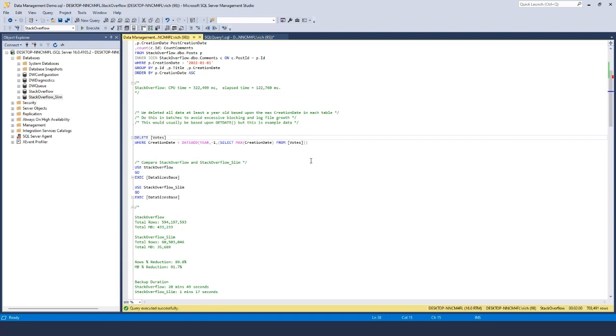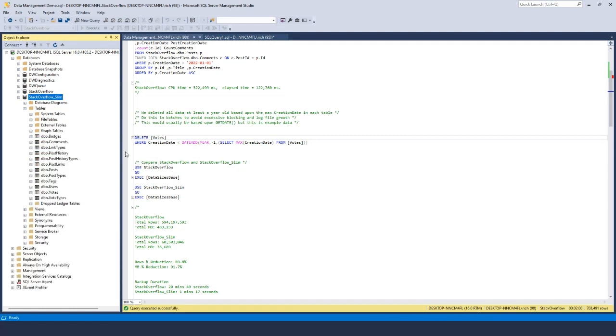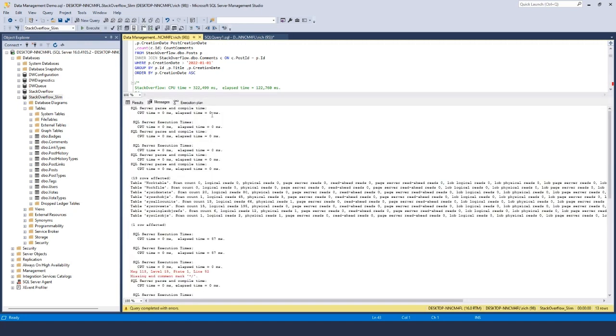So you want to find out how many rows you need to delete by doing a select count. Divide that by batches of whatever works in your environment, 5,000, 50,000, a million. Doesn't really matter. You want to be doing it in smaller batches. But the result is this. And I ran this across all the tables in this Slim database. Now, if we compare the data sizes here between the two databases,